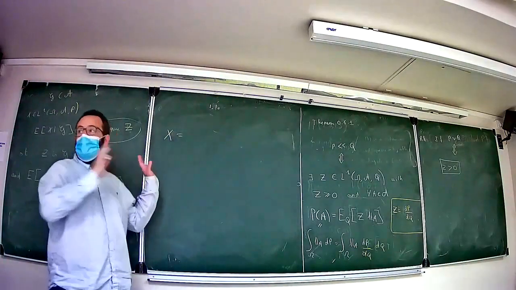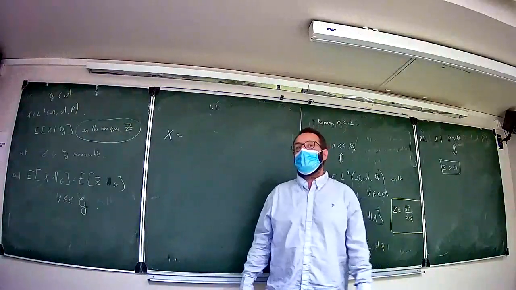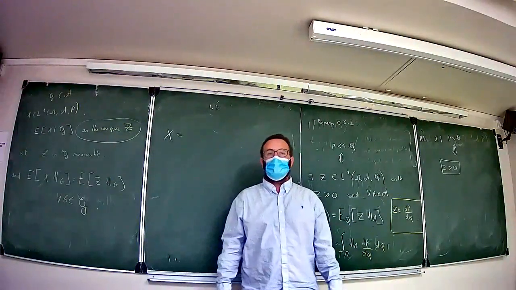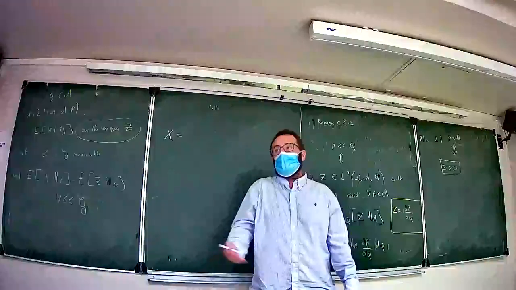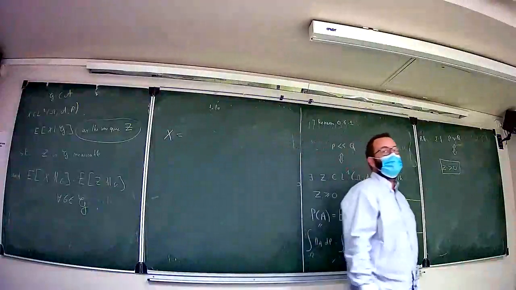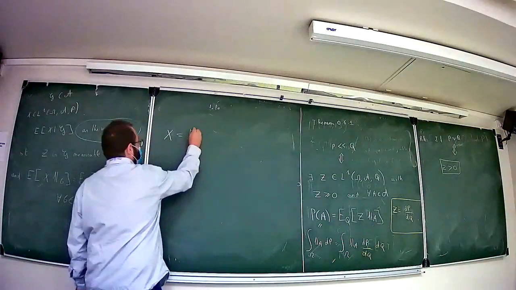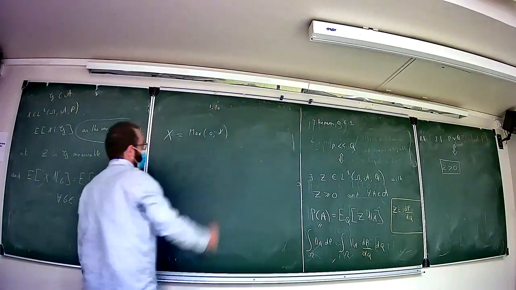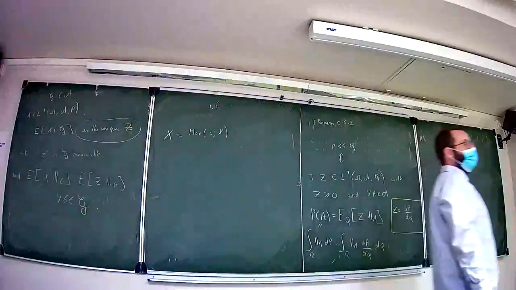I have a general random variable. I say that it's always possible to write it as the difference of two positive random variables. How to do it? You remember? It's what we call the positive part and the negative part. I can take the maximum between 0 and x. Of course, I don't have this equality in general. I have this equality only when x is positive, okay?